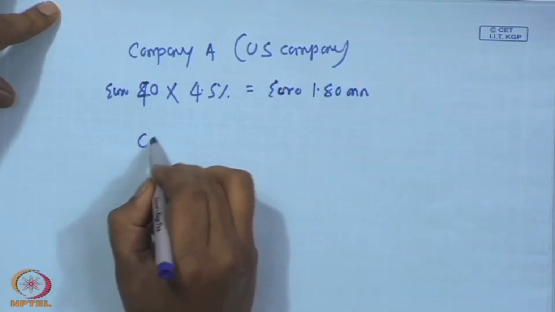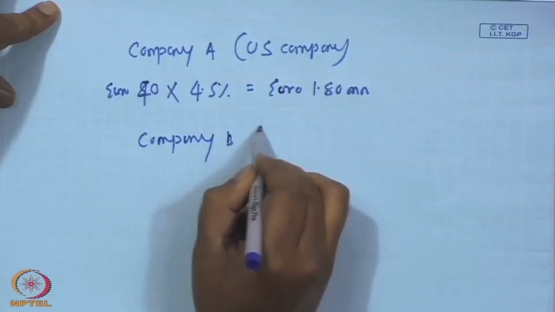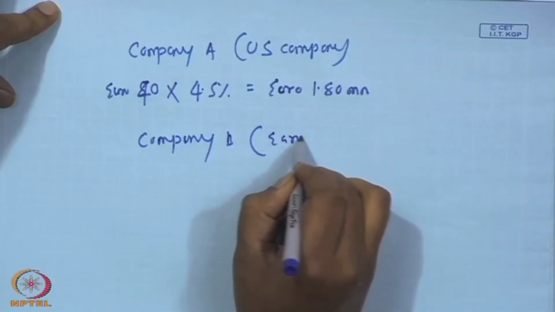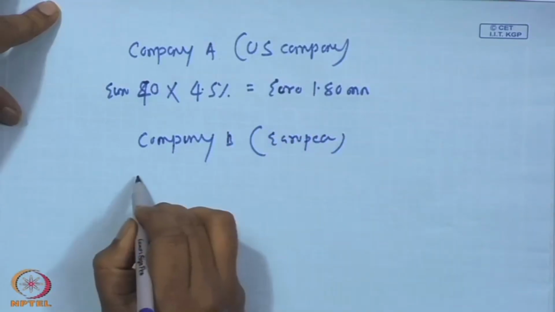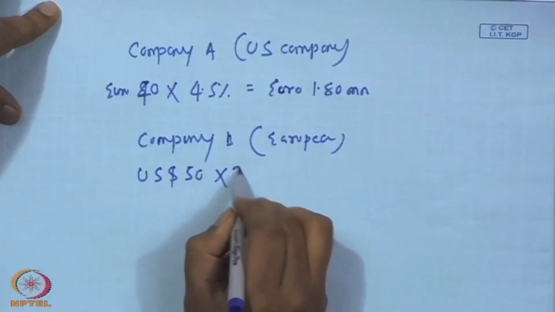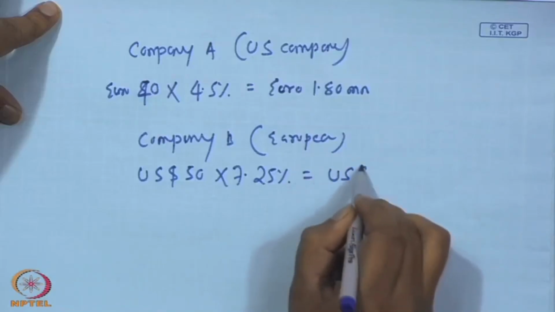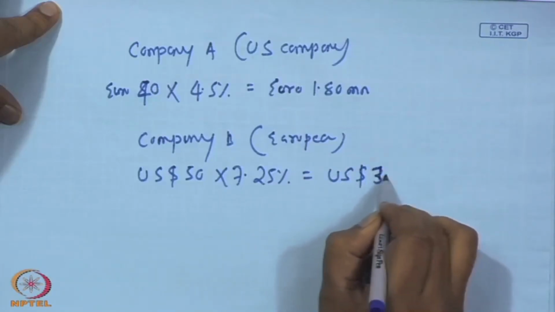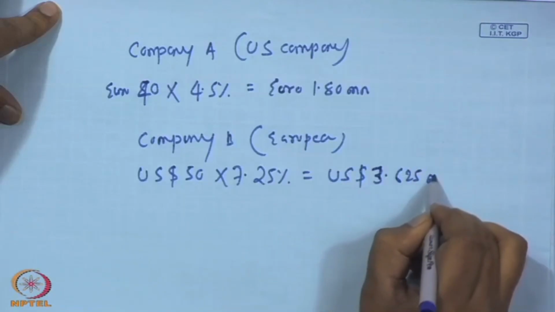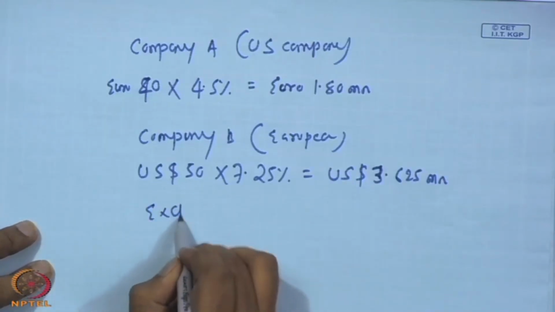And company B, that is the European company, will pay on US dollar 50 million at 7.25 percent, equivalent to US dollar 3.625 million. But the exchange rate will be